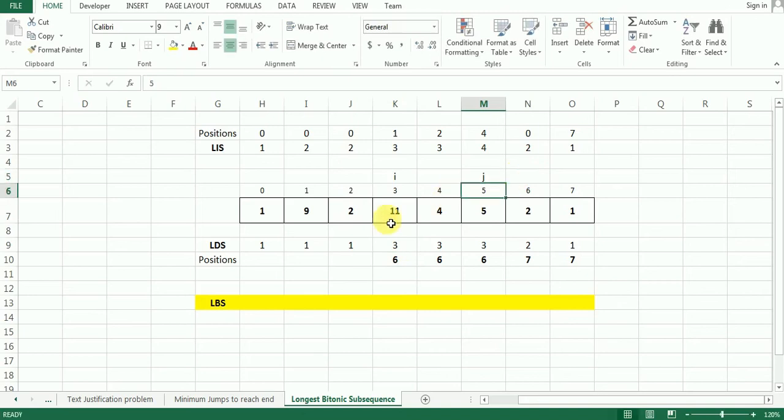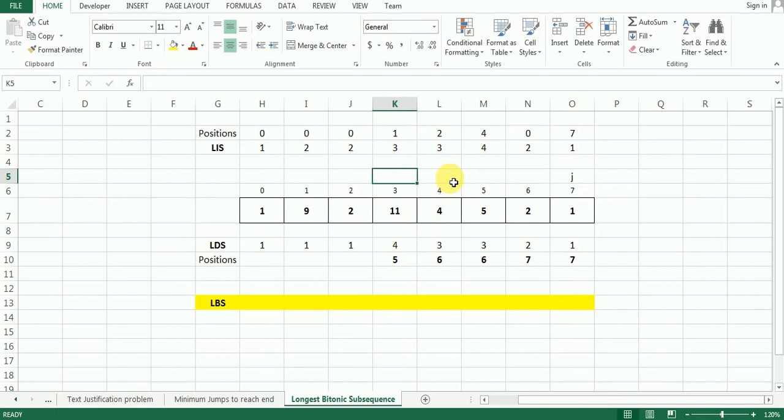So is 11 greater than 5? Of course. So 3 plus 1 is going to be 4. 4 is greater than 3. So 4 here and 5 over here. Okay, address of this cell. Fine. Now J moves one cell to the left. Is 11 greater than 4? Of course it is greater than 4. So 3 plus 1, 4. 4 is already here. We are not going to do anything. We'll save ourselves the overhead. Okay, this value stays like this. J goes back to its base position.